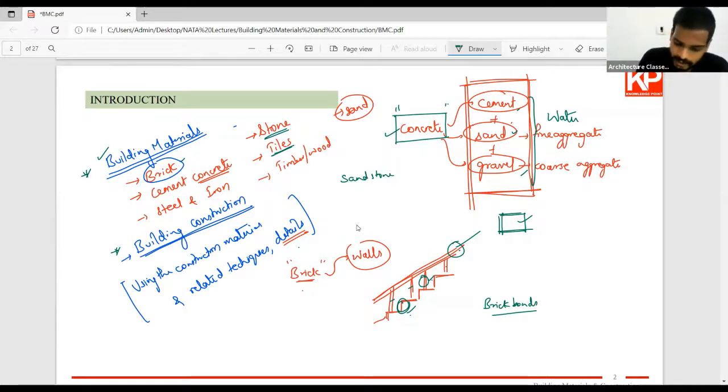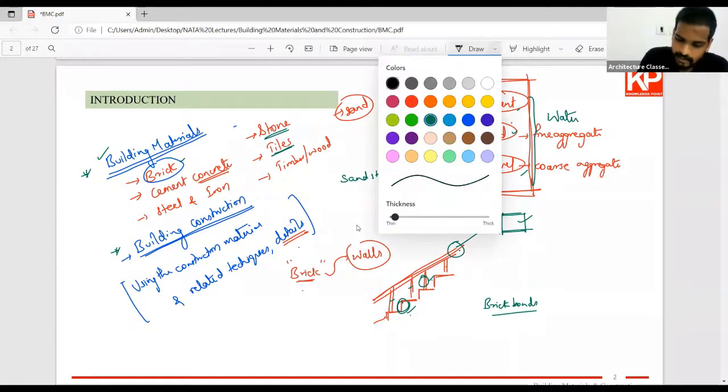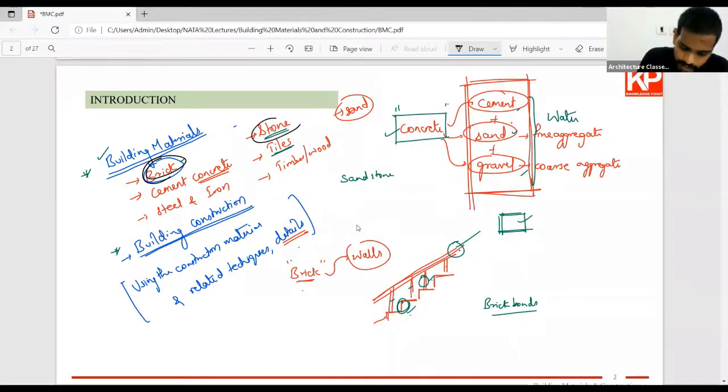So as far as today's class is concerned, we are mainly focusing on brick and stone as construction material, and also the building construction part of it. How to use these materials in construction? What are the